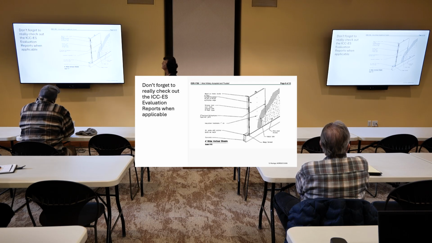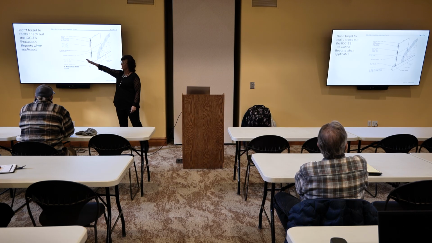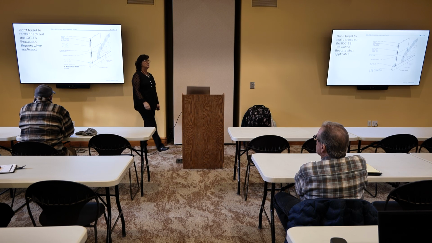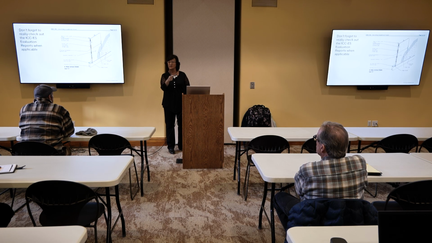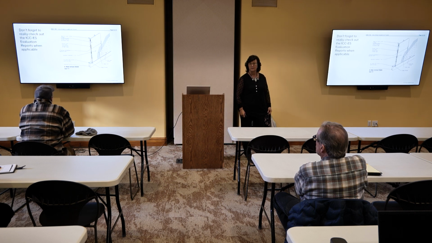But just know that these are great. They make ICC ES reports for practically every product out there, right? People want to know, can I use this in my building, from plumbing fixtures to wood. And you just want to make sure, especially with drywall or anything in a rated assembly, which is very particular on whether there's a proprietary sheetrock, or some of it will call out a rock wool, and it has to be rock wool. So you have to pay attention to those. If it says or equivalent, then you're okay. So just know,